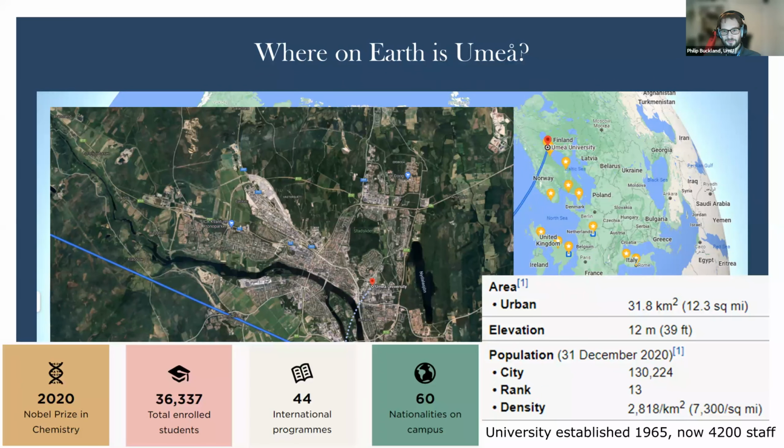Just a bit of advertising for the university. I have to do that now. It's quite a big university. We're one of what's called the Big Five of Sweden, but there are really only nine large universities in the country. There are quite a lot of smaller ones these days. About 36,000 students and just over 4,000 staff. So we collectively make up about a fifth of the population of Umeå. So it's a student-dominated town.